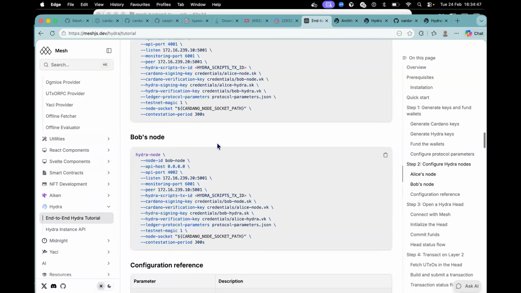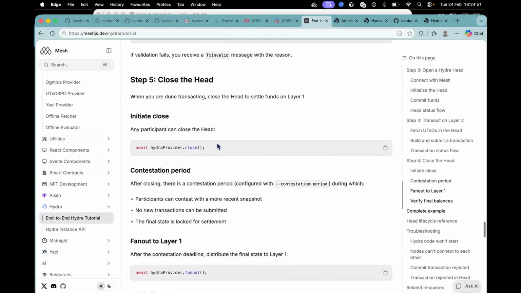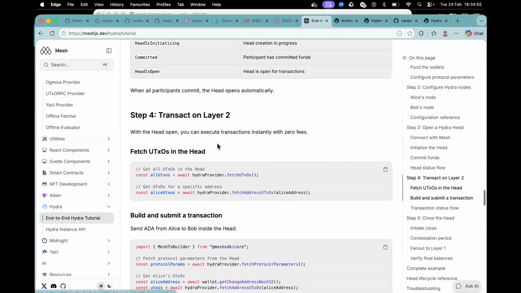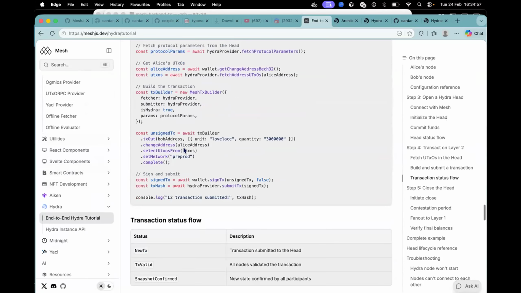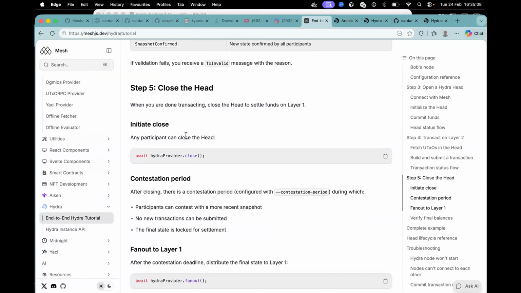Where is this? So you would see here that after making transactions, you close the head. When you are done transacting, close the Hydra to settle funds on layer one. So once the head is closed,